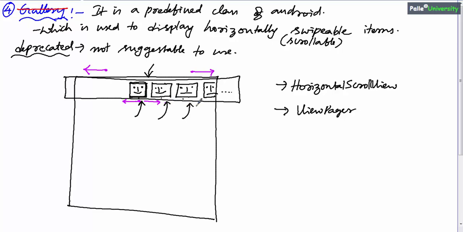For example, have you ever tried opening a questions and answers application? In the questions and answers application, you can display paper 1, paper 2, paper 3, paper 4 and so on, which is horizontally scrollable. If I want paper 4, then I will select this element. Remember, the default behavior of gallery is, for example, if I select this particular element, that element will be moved to the center and the remaining left hand side elements will be automatically scrolled towards the left side. That is the default behavior of gallery.